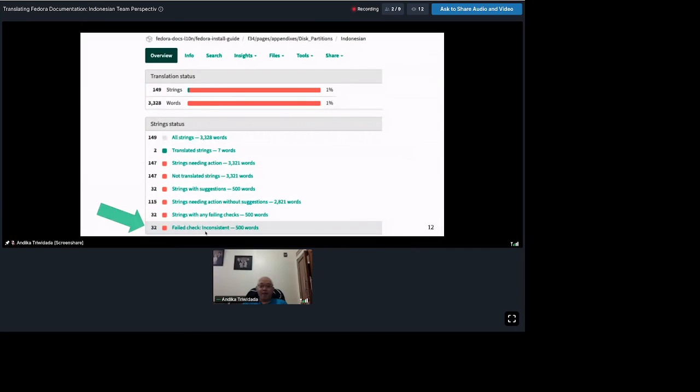If you have this number big compared to the total number of strings, then you definitely need to download the file from the previous version and upload it to the newest version.